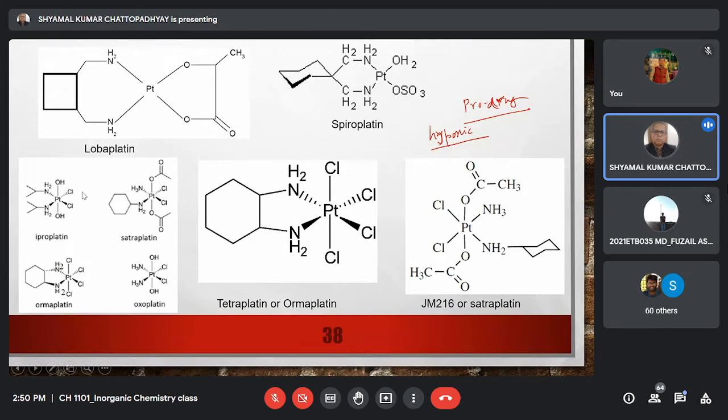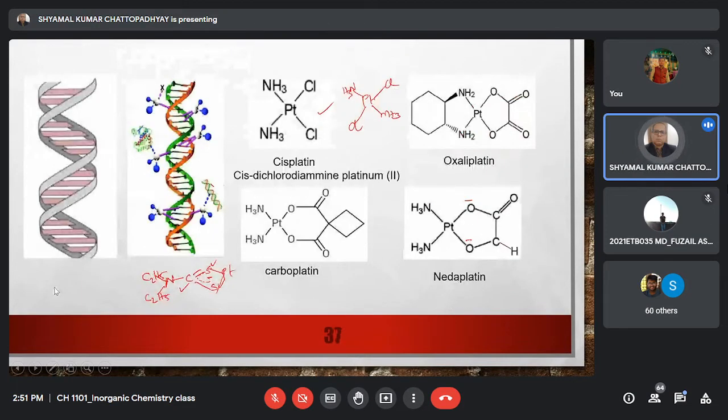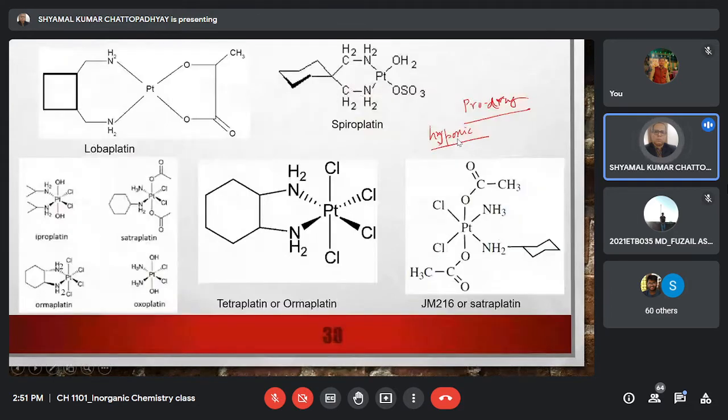So it behaves very similar to cisplatin, but it has much lower toxicity than cisplatin. Another compound is very similar, except that here we have cyclohexyl 1,2-diamine. Here we have 4 chloride ions coordinated to platinum. It is called Armaplatin. The commercial name is Armaplatin. And again, when you reduce it to platinum 2, these 2 axial chlorides go out and it becomes square planar, coordinated with 2 amine groups and 2 chloride groups, and again behaves like a cisplatin.